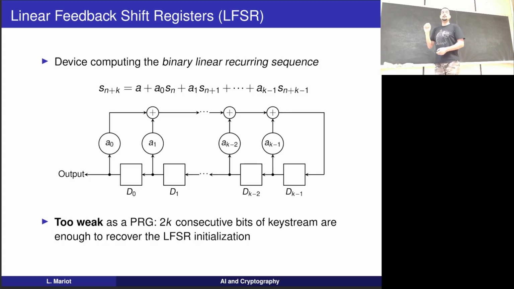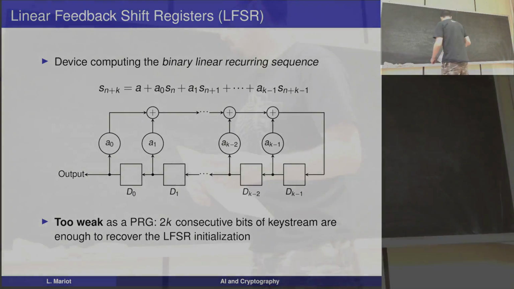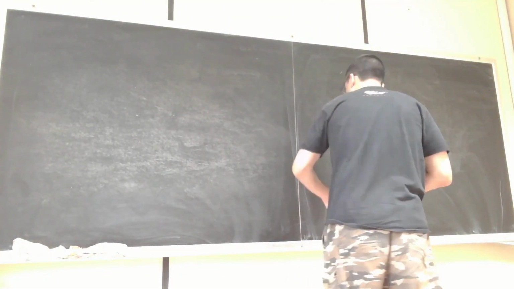The problem is that even in this way, this pseudo-random generator is quite weak, because if the adversary, Eve, knows at least 2k consecutive bits of the key stream, then she can recover the initialization of the linear feedback shift register by leveraging the linearity of this machine. And how do you do this? So this is done with